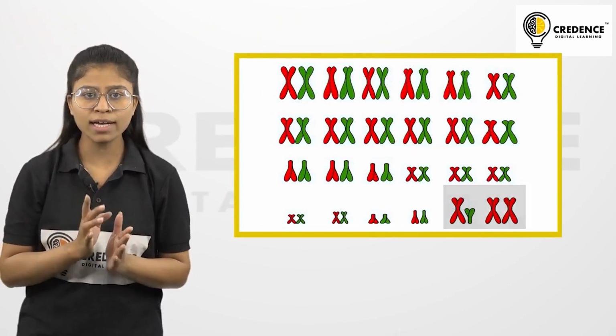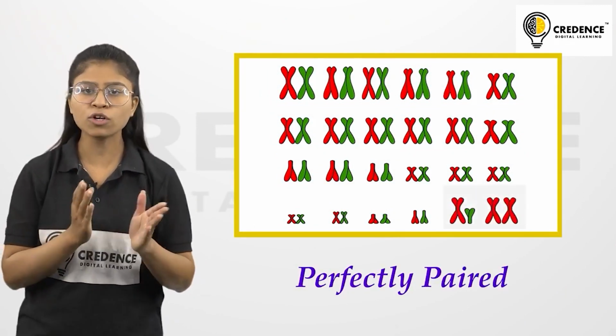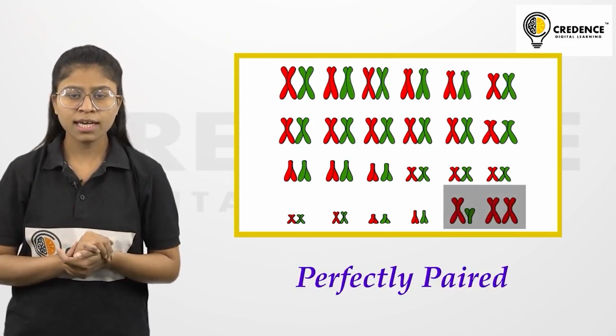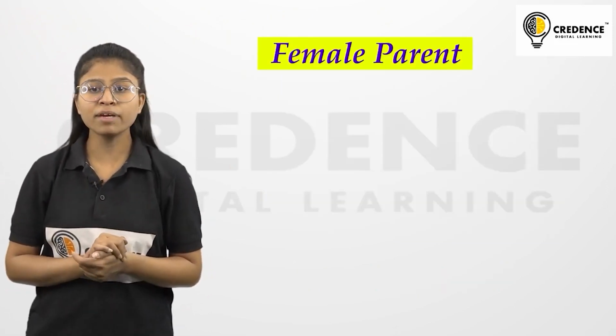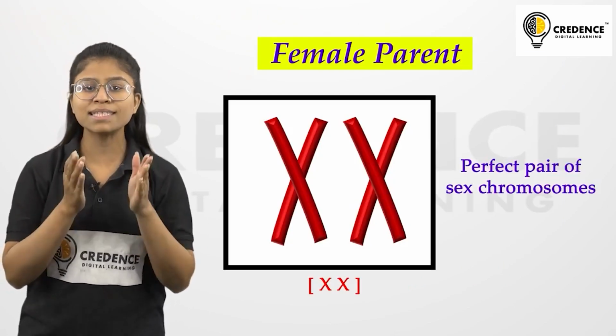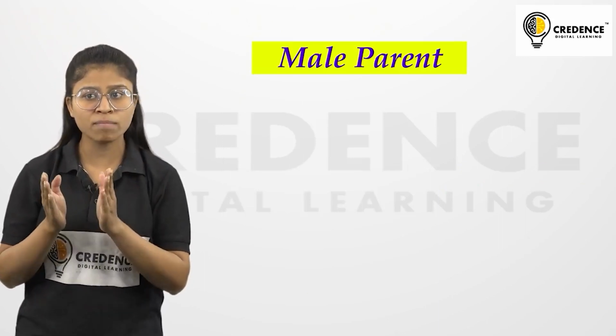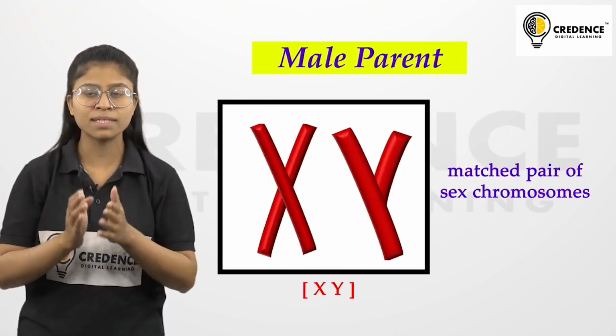But there is one pair of chromosomes which is not perfectly paired. It is not always perfectly paired. If I talk about females, they have a perfectly paired chromosome pair that resembles X and X, whereas males have an imperfectly or mismatched pair of chromosomes that resembles the